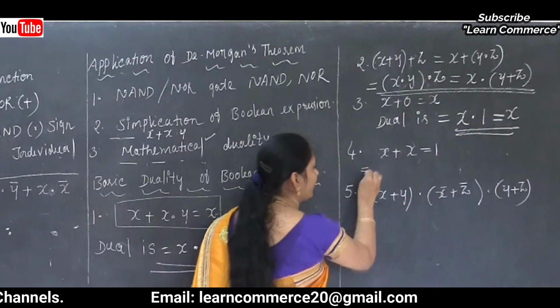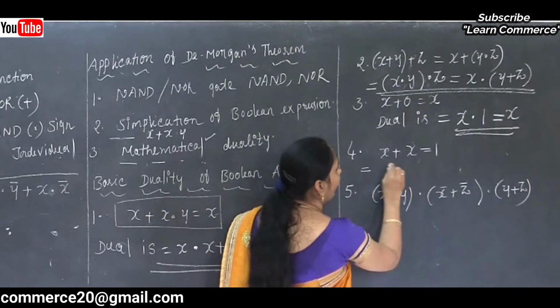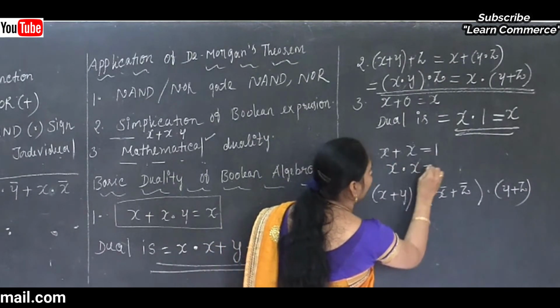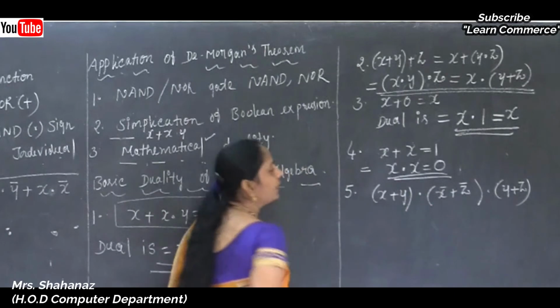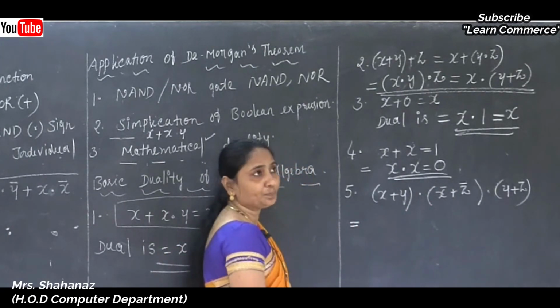Now the next one is our fourth question. x plus complement of x is equal to 1. So x and complement of x is equal to 0. Okay. The x and complement of x is equal to 0. Now later the next one, the last